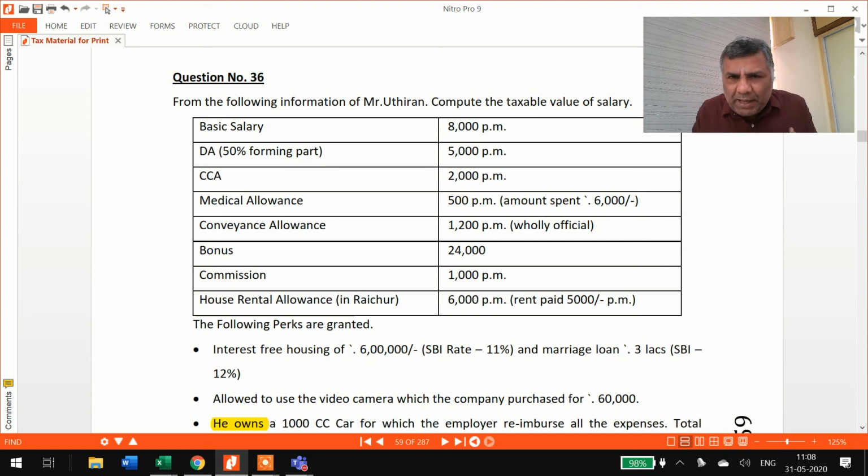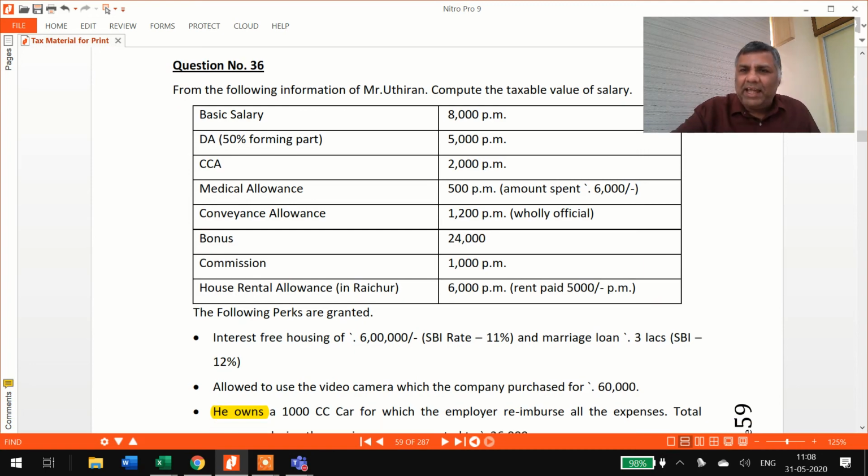For example, I am not going to give you 8,000, I am only going to pay you 6,800. But you are taxable for 8,000, because in your name only I am depositing that 1,200. I am not taking it to my home. It is coming back to you in some other shape. So basic salary is always taxable on a gross basis. You will tax the entire 8,000.